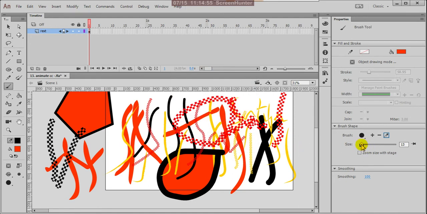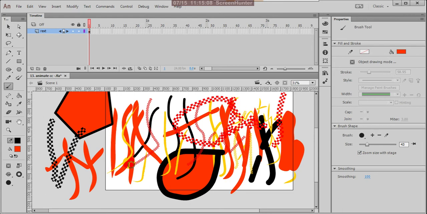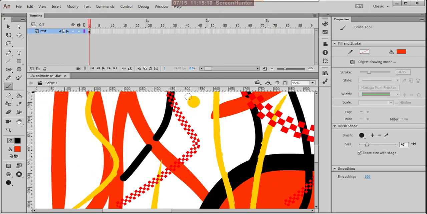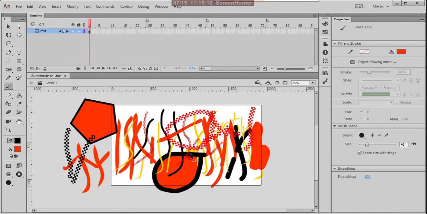Here is the size, where you increase and decrease the brush size. You can delete this, and the smoothing value you can also change. Suppose here you can give 25.